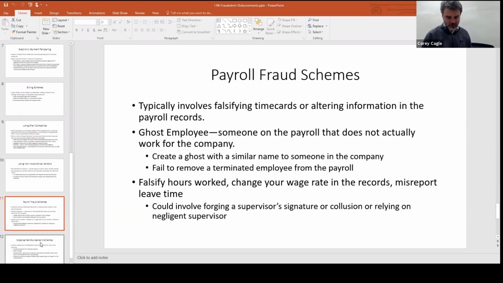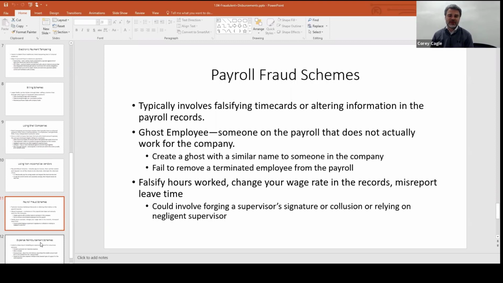Shifting gears to payroll fraud. They love talking about ghost employees. A ghost employee is somebody that you have inserted into the payroll system that shouldn't be there. Don't let them trick you by thinking that a ghost employee has to be a person that doesn't exist. The ghost employee could be my brother, right? Or somebody I know that does exist, just that they don't work there. Or it could be a fake person.